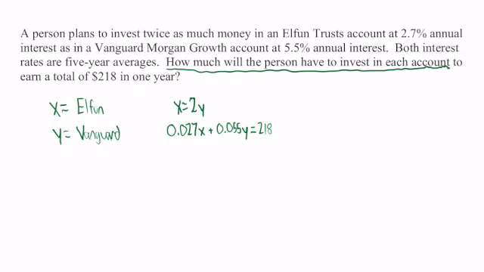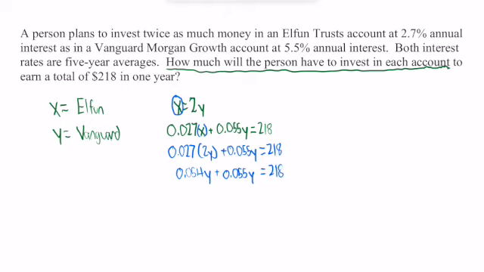In this example, because we already have X by itself in the first equation, let's use substitution, where we'll substitute 2Y for X in the second equation. When we do that, we have 0.027 times 2Y plus 0.055Y equals 218. We multiply 0.027 times 2Y and we would have 0.054Y plus 0.055Y